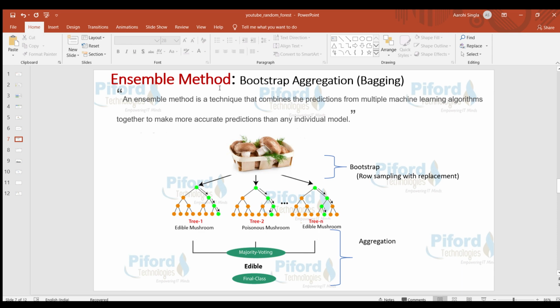Because in random forest, we are combining the predictions from multiple decision trees. An ensemble method simply means when we combine predictions from multiple machine learning algorithms, which can be any other algorithm, but in random forest we combine output from multiple decision trees. So random forest is an ensemble algorithm.